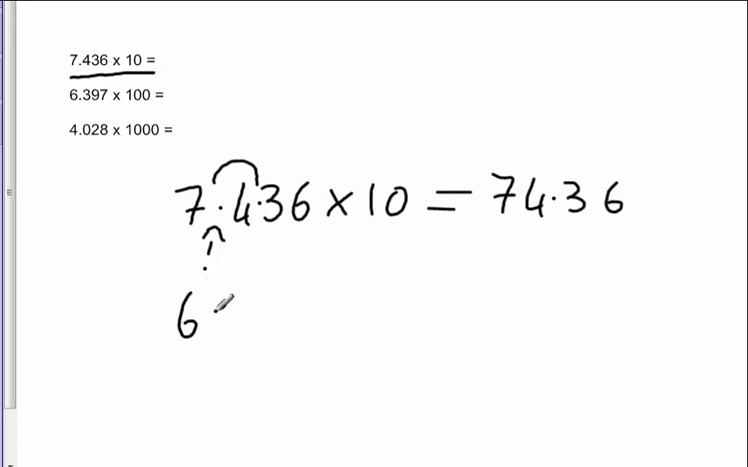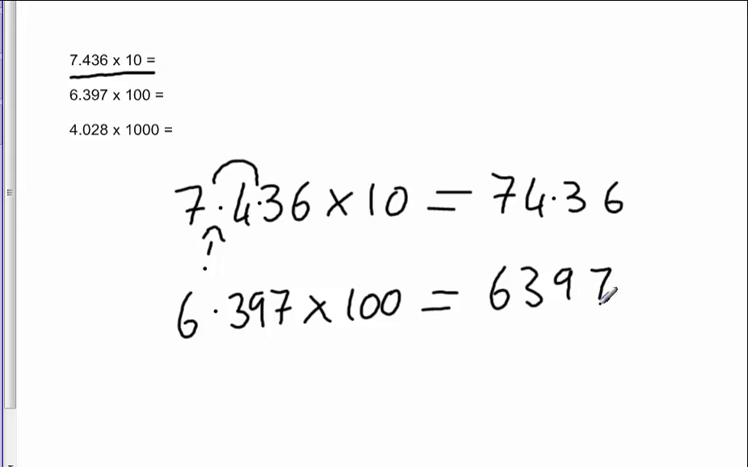So we have 6.397, but this time we're going to multiply it by 100. So again on my answer side I'm going to write in 6397. And the only question now is where does the decimal point go? So the decimal point is here between the 6 and the 3. I'm multiplying by 100, which is 2 zeros. So I'm just going to skip it along once and twice. And so my decimal point in my answer should come after my 9. And so my answer should be